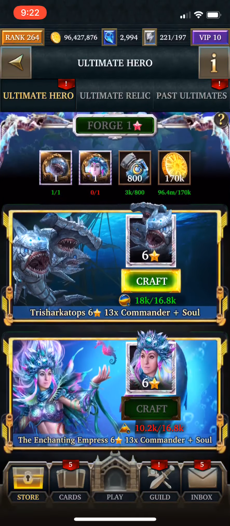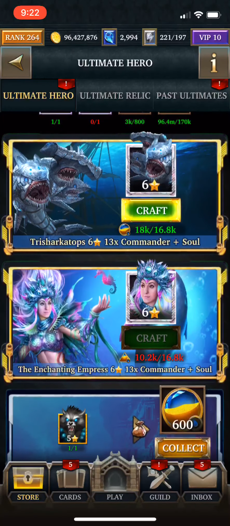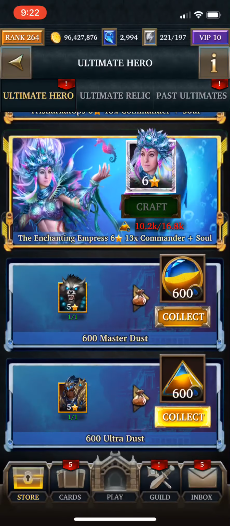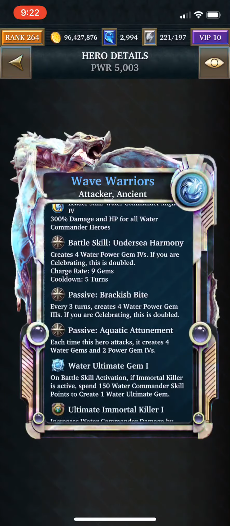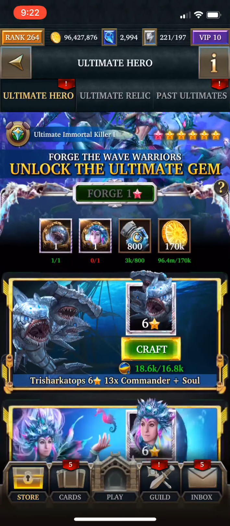So I can craft another Master Collection card if I want to, although the ultra rare is the one that I'm short on. So the question is whether or not it's going to be worth it for you to use your dust in this particular deck. And if we take a look at the killer skill, it's not a beast killer, so this is actually going to be an immortal killer. So it's not going to necessarily help you with the